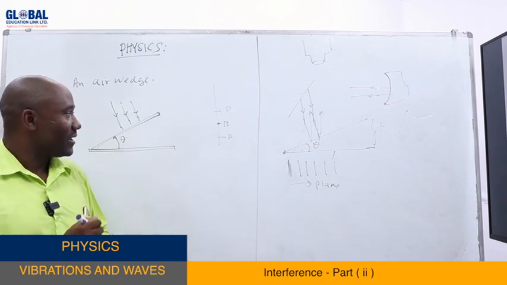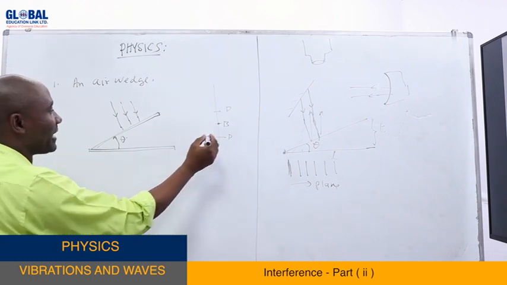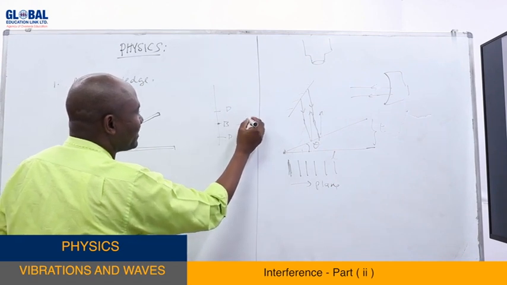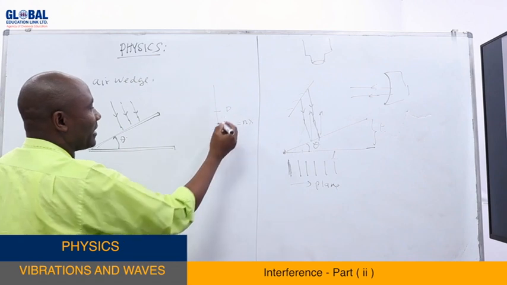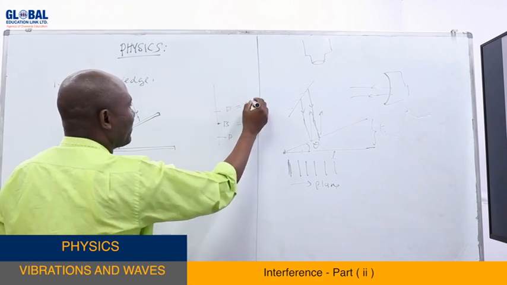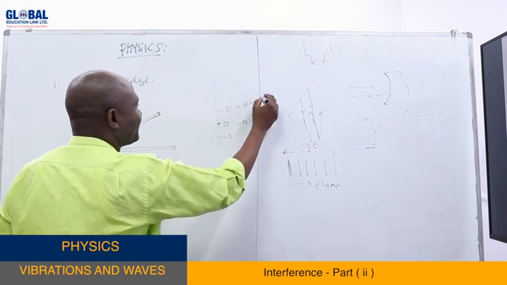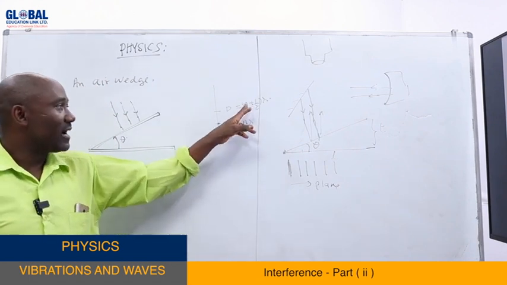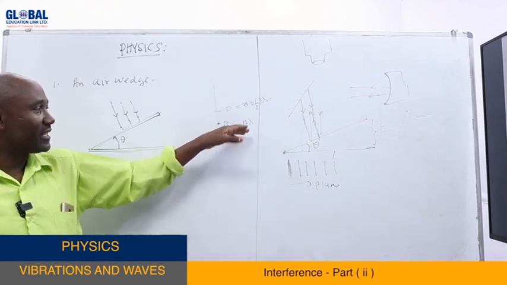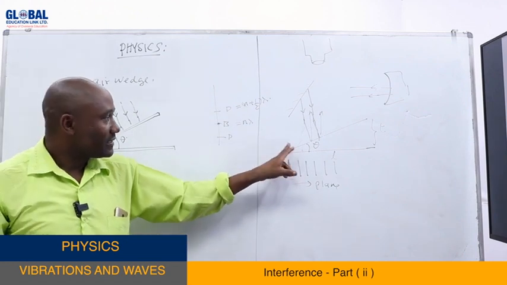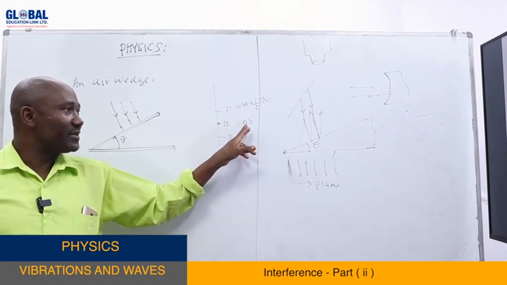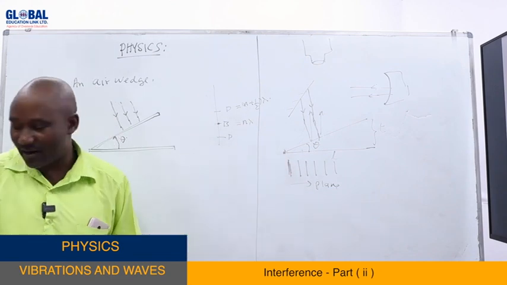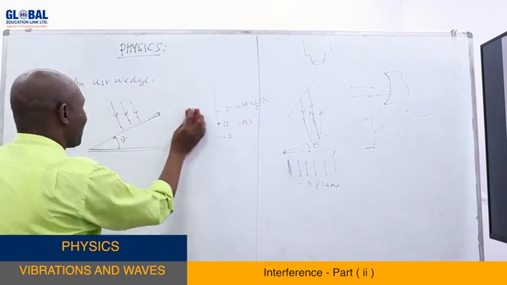As you derive them, you find that the formula for bright, the path difference, is n lambda. And the formula for dark will be a half lambda. So that means the condition for producing the dark and bright, the path difference, will be like that. And this is applied for the first image. So coming to the air wedge, the first image is dark. So the formula will be